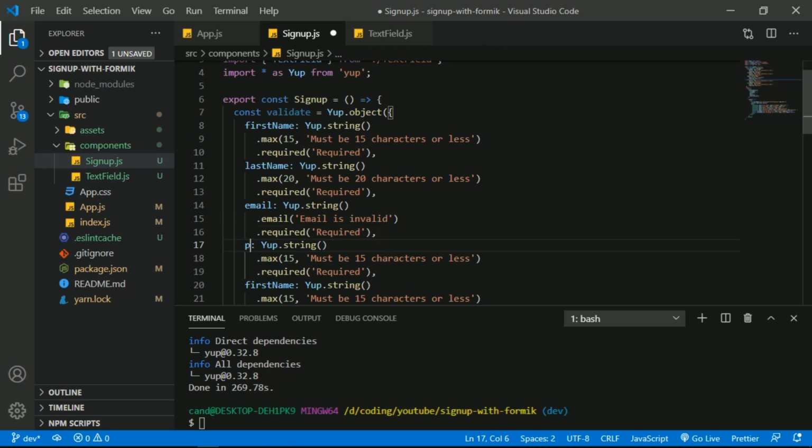And password, and that's string, and I want to give a minimal value, and I'm going to set that to 6. And the error, let's get rid of this. It should be password must be at least 6 characters. All right,